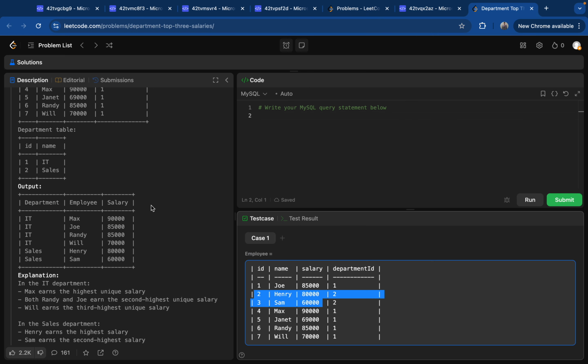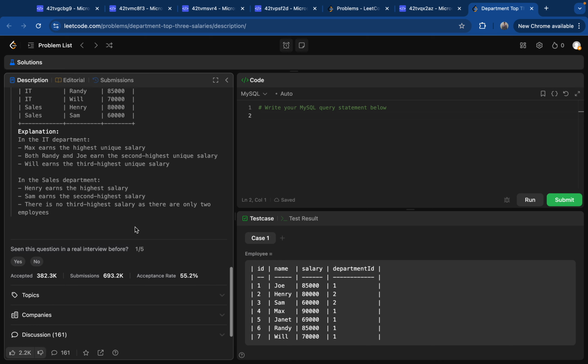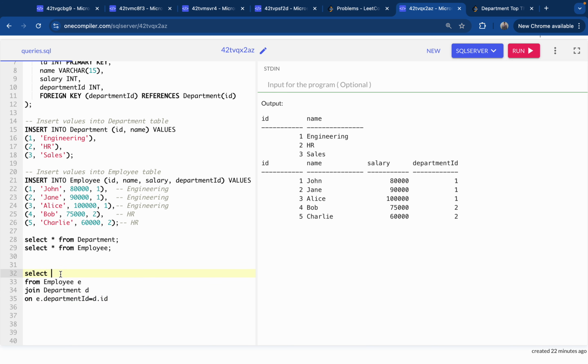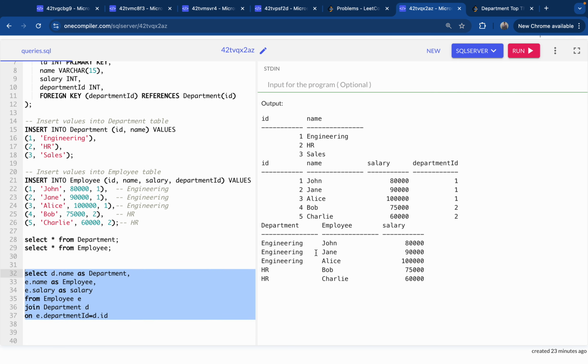Now the end result will be, for every department we want the employee name and salary. So it will be D dot name as department, E dot name as employee, and then we also want their salary. So e dot salary as salary. So if I do this query, I'll get the department, employee and salary, but I'm not getting who are